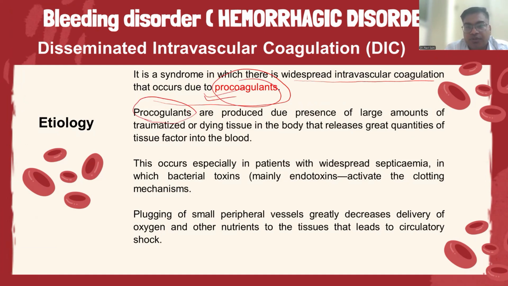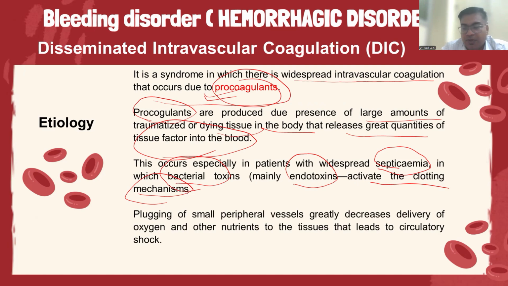So what are the procoagulants? They are produced due to the presence of a large amount of traumatized or dying tissue in the body, which releases great quantities of tissue factors into the blood, especially in case of septicemia, in which bacterial toxins, mainly endotoxins, activate the clotting mechanism. So due to septicemia, the bacterial toxins are increasing, mainly endotoxins, which results in the activation of clotting mechanisms,